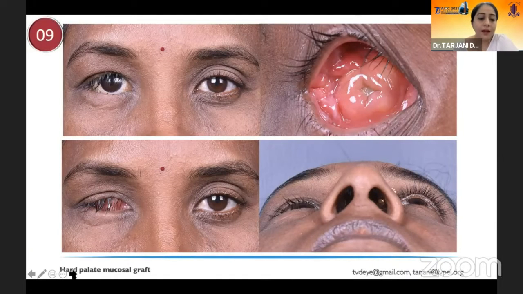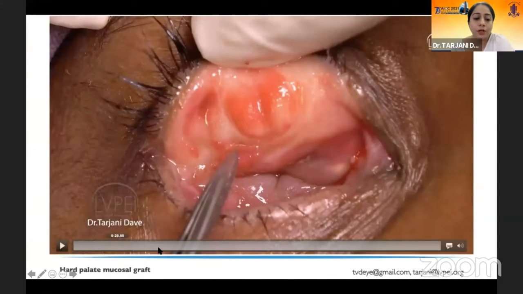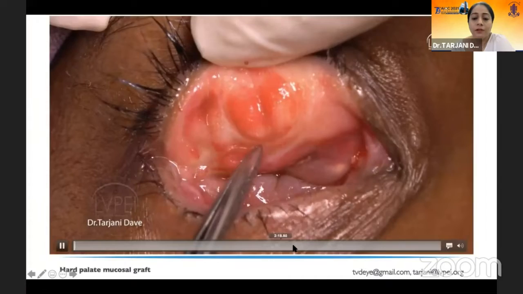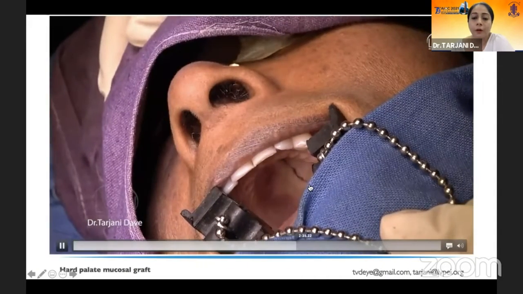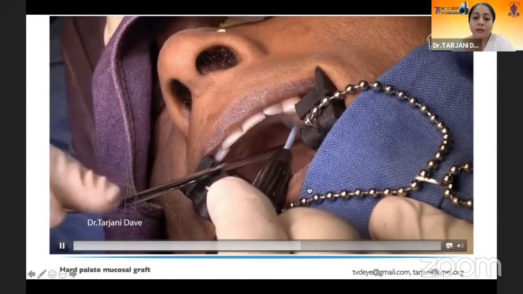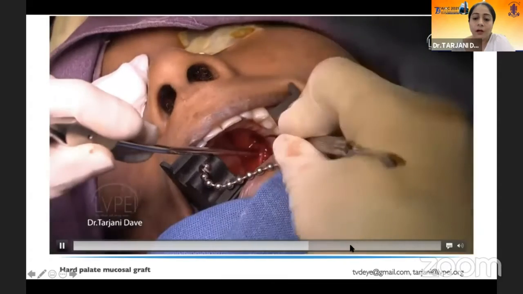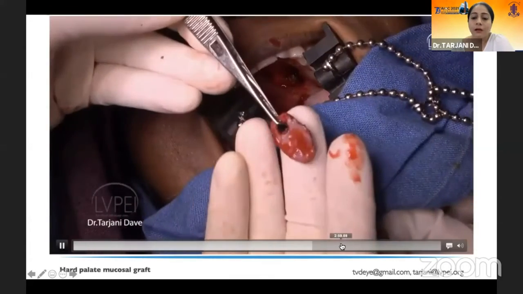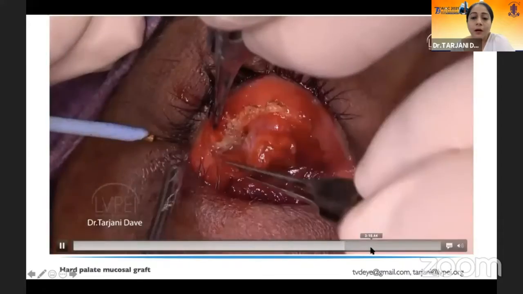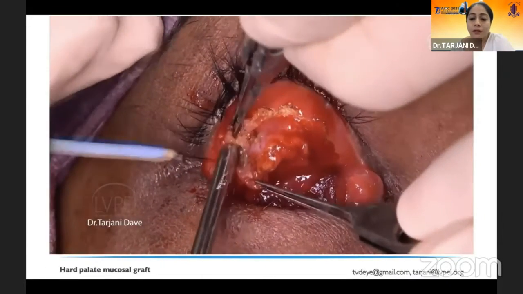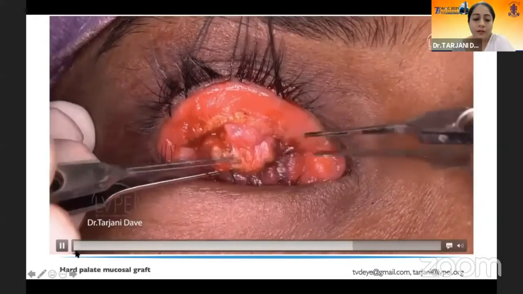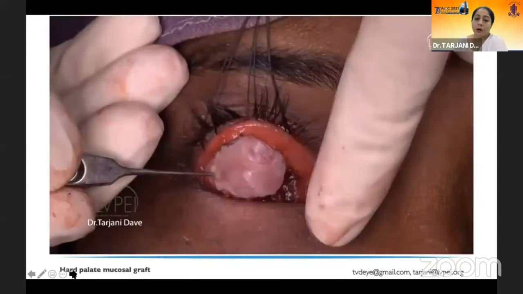Probably the last series of cases is where you also see eyelid abnormalities in patients who undergo evisceration like this, where you're seeing a frank entropion. And in these situations, we go ahead and along with the evisceration also perform a hard palate mucosal graft. This is the hard palate graft being harvested from the mouth of the patient, from the region of the hard palate, which is then transplanted into the eyelid to act as a spacer graft. And this allows correction of entropion in the same sitting, giving very gratifying outcomes post-operatively.